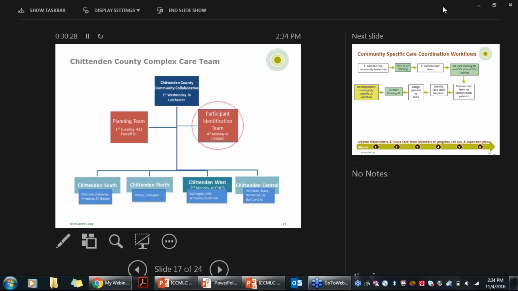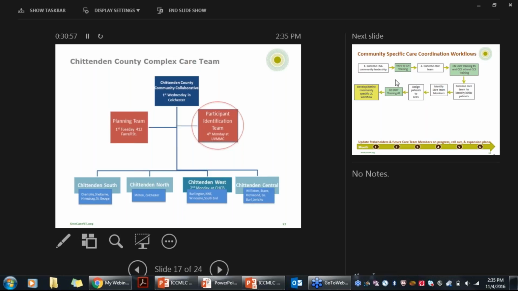We also look at what their risk score is in Care Navigator to see what that teaches us. And then out of that process, we identify their initial team members and who is going to be the initial lead care coordinator to reach out and engage the patient in the rest of the shared care process,